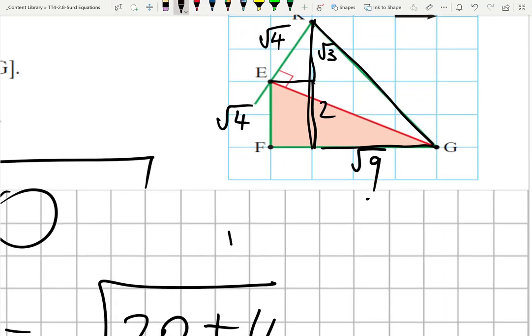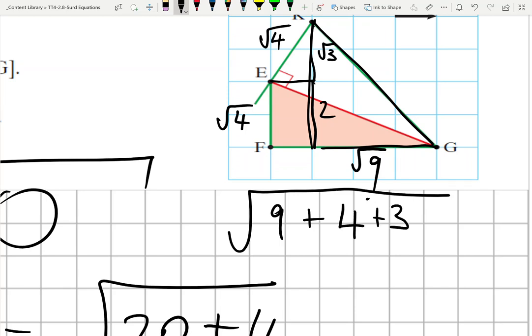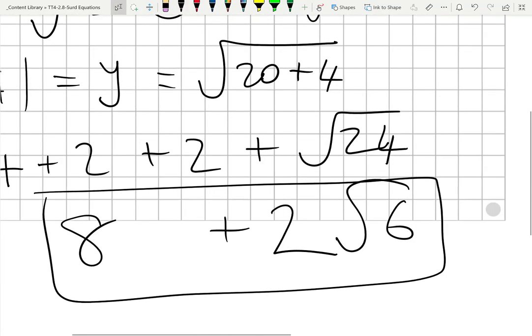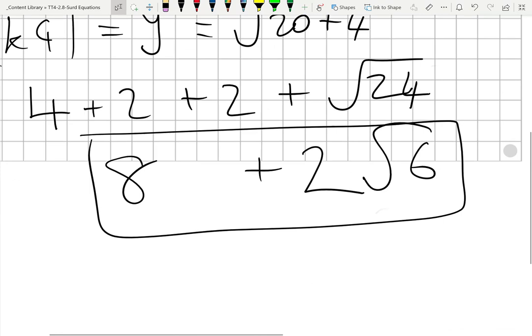So I'm going to go to the square root of 9, and I'm going to have to square 2 plus root 3, which is 4 plus 3 plus 2 root 3. Oh dear God, what's happening? 9 and 7 is 16. Okay, look, we already have the answer. Let's leave it at that. I think I was close enough getting it that way as well, but